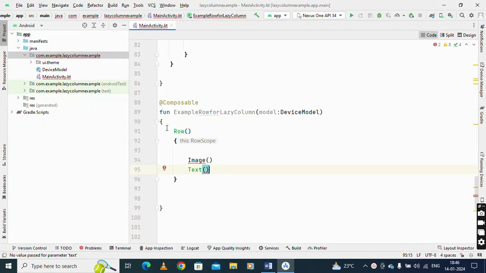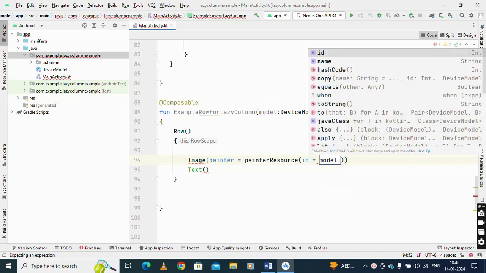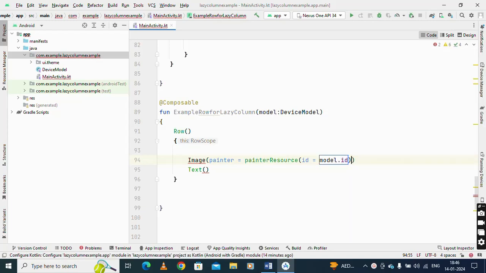Okay, so let's see how we can put it in the row. Here we have an image and here we have a text. So first, what we have to do for the image. For this, we have an image with the painter. Okay, so that is for the paint resource. What we needed is a paint resource, and then here I'm using the model dot id. Okay, so this is called your resource id we are using, and here if you go for the content